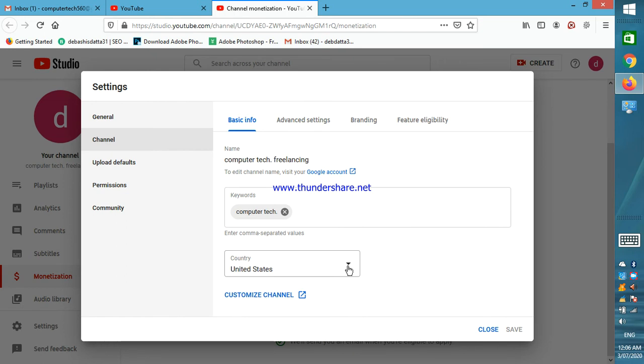If you are outside the United States and you are not getting rights to do this from your area, then you have to change it to the United States option. Suppose you are in Bangladesh or some other country where YouTube does not have their officials, so they cannot monitor from those countries, so you must change the country status to USA. So after doing all this, you click save, so it will be saved.